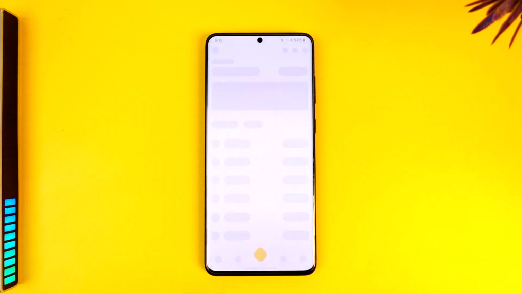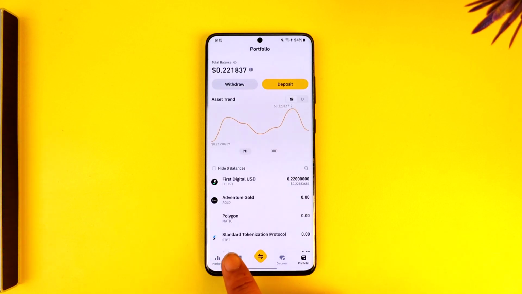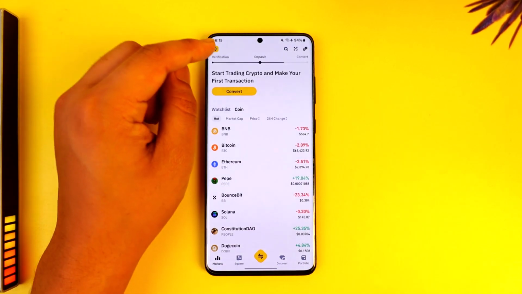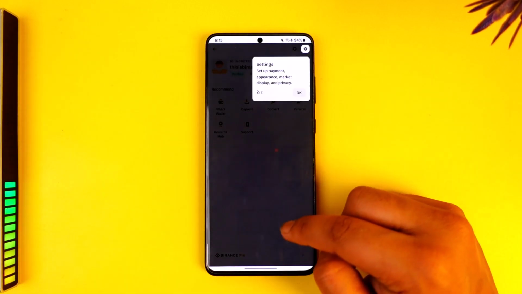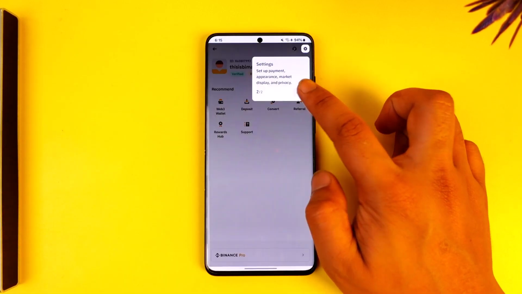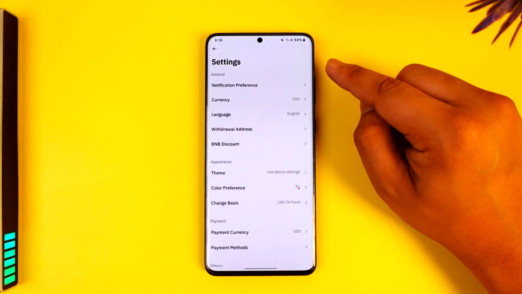All you have to do is open up the Binance app and make sure that you're signed into your account, and right here you will see this type of interface such as portfolio and so on. But just tap on the Binance icon from the top left of the screen here. When you tap on that icon, you will find different sorts of settings that you should be able to see. Now over here you can tap on the gear icon from the top right hand side,